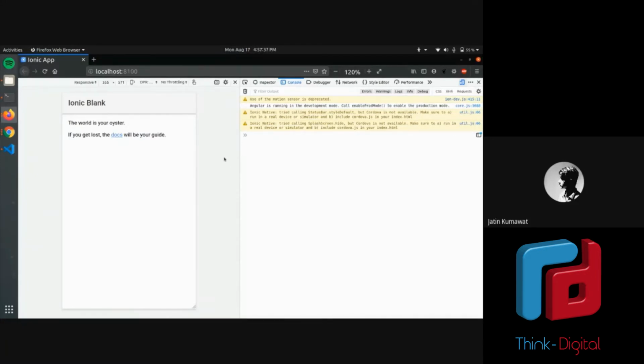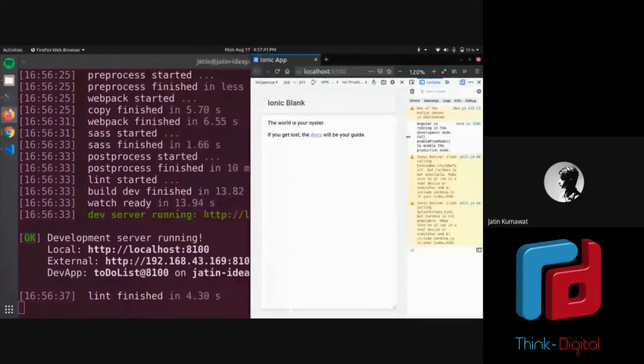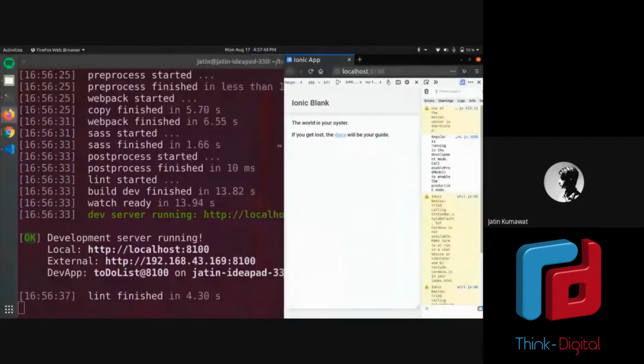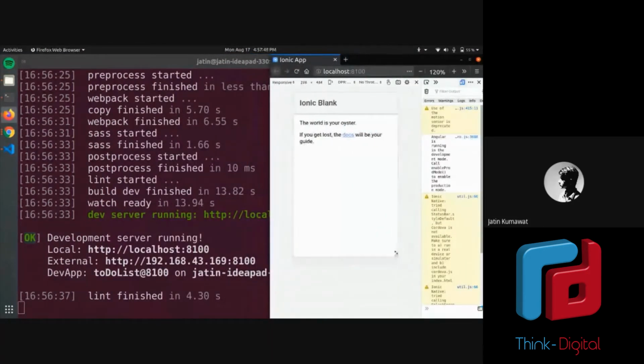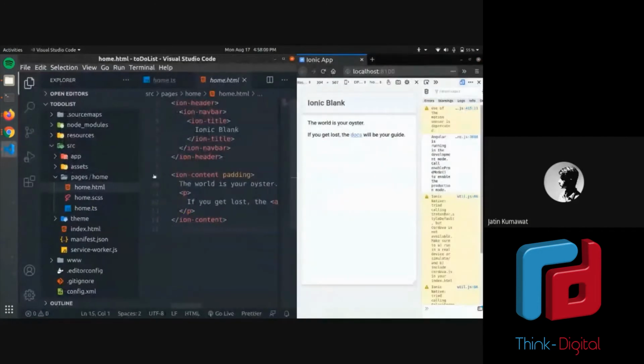I will just move it side by side. Just a little bit. Okay. Let me reduce its size. Is it still visible? You can unmute yourself and say yes if you want. Okay, so now I will open VS Code and we'll see this.